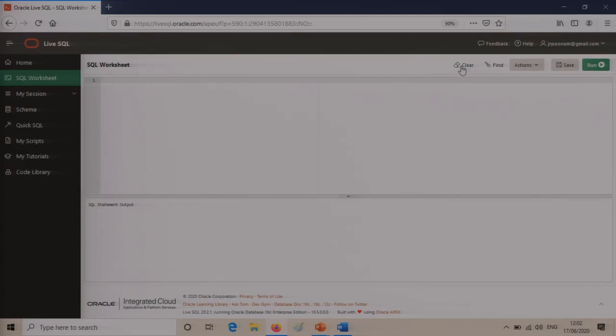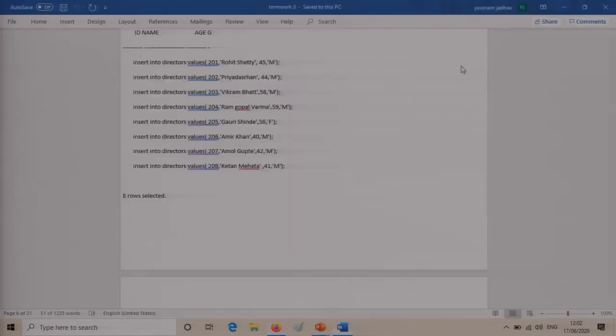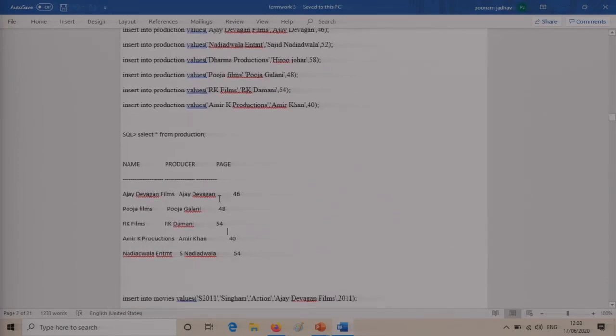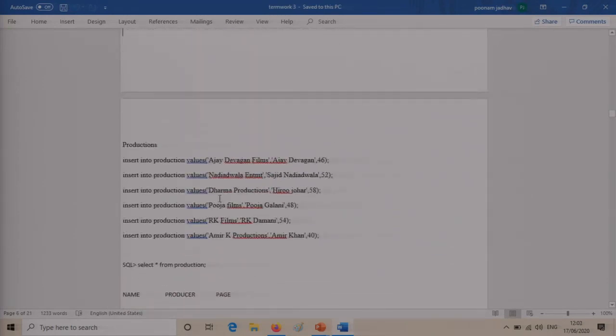You will have no ready-made data. You will have to write each insert query. These are all different insert queries that you have. You will have to write it all by yourself. You can keep it ready in a notepad. However, how I have done it, you can keep it ready in a notepad and copy it, which is also fine. You need not write one data at a time.